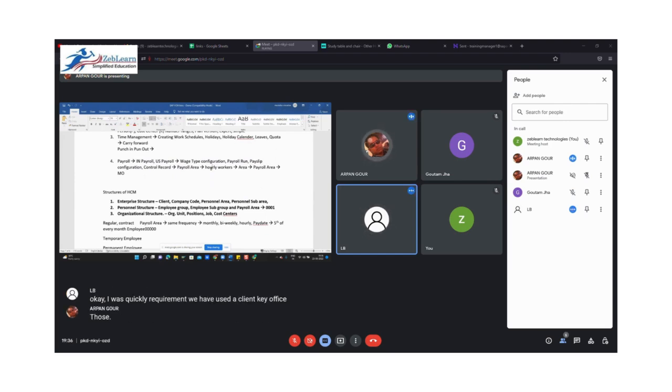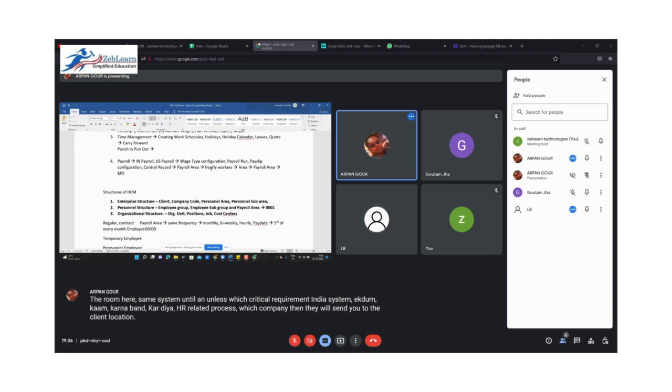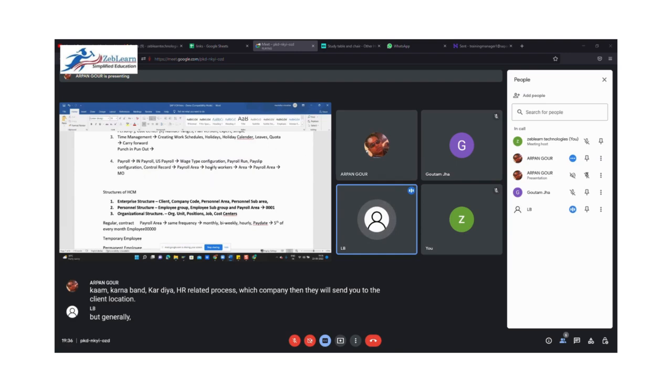ये जरूरी नहीं है कि क्लाइंट के ऑफिस को जाना है, वही सेम सिस्टम पे रहता है ना क्लाइंट। अनटिल एंड अनलेस कुछ क्रिटिकल रिक्वायरमेंट या सिस्टम एकदम काम करना बंद कर दिया, HR रिलेटेड प्रोसेस कुछ काम नहीं कर रहा है, देन दे विल सेंड यू टू द क्लाइंट लोकेशन, नहीं तो जरूरत नहीं। बट जनरली ये भी होता है ना कि जो ये इंस्टीट्यूट भी होते हैं या कोई कंसल्टेंट वाली कंपनियां होती हैं, ये अपने रोल पर रखते हैं, क्लाइंट का काम करने के लिए भेजते हैं लेकिन अपने रोल पर रखते हैं, ऐसा भी है? यस यस, ऐसा भी है।